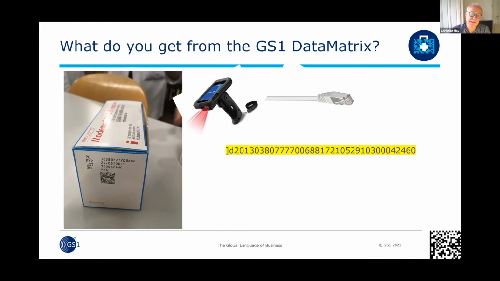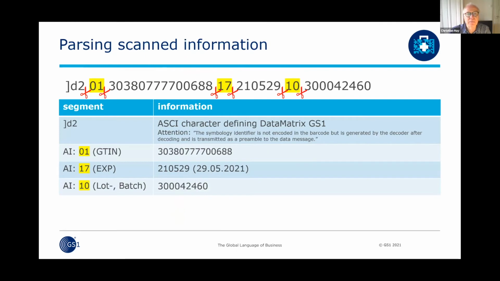And honestly, a normal human cannot read that. If I parse this information, I will find a couple of pieces of information which are useful for you. This document, this slide, is mostly for your documentation. But you have an ASCII character first saying, here comes a GS1 data matrix, a data matrix containing a GS1